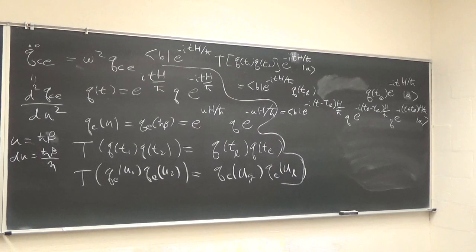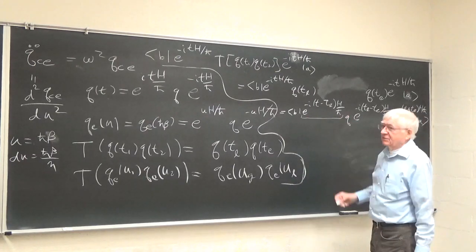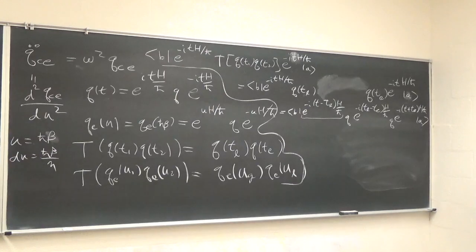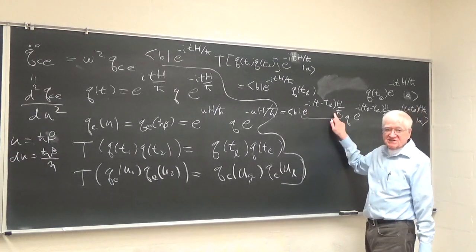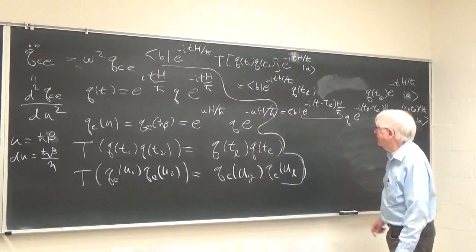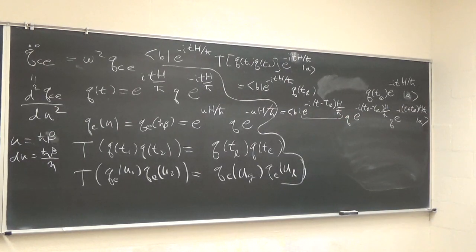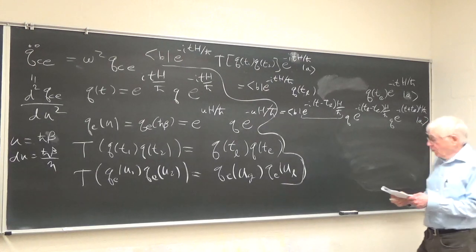Now, we have a formula for matrix elements of this operator, although I think I skipped it during the lecture, and so we also have a formula for this operator as a path integral. If we now turn all this into path integrals, what we get